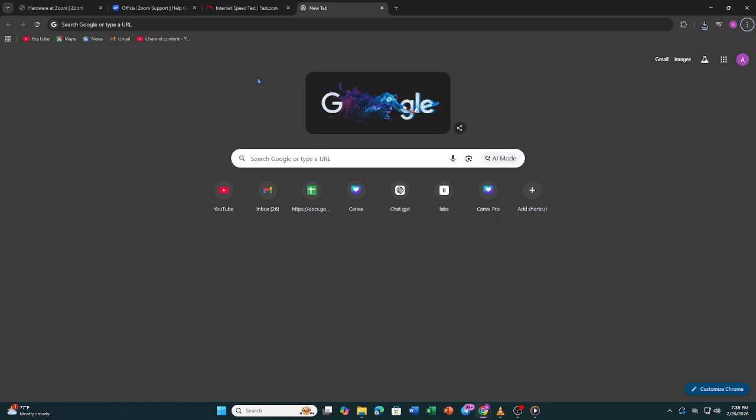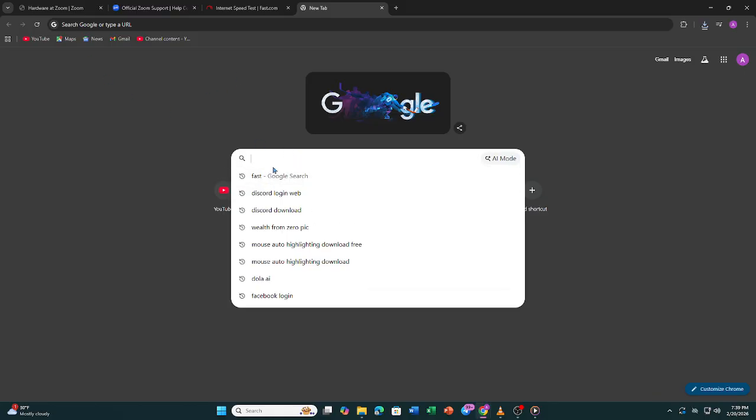Hey, is Zoom showing a black screen when you try to share your screen? Yeah, it's really annoying when your audience can't see anything, even though you're presenting. In this guide, I'll show you the fastest ways to fix Zoom black screen during screen sharing in 2026 so